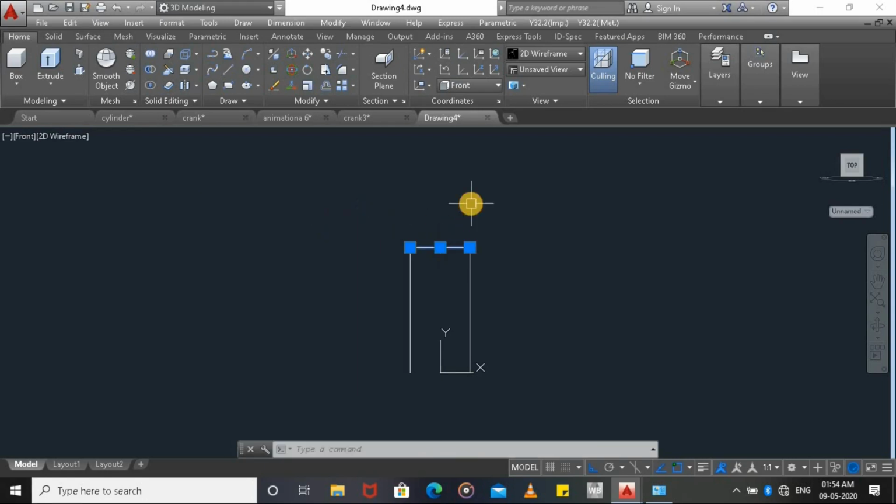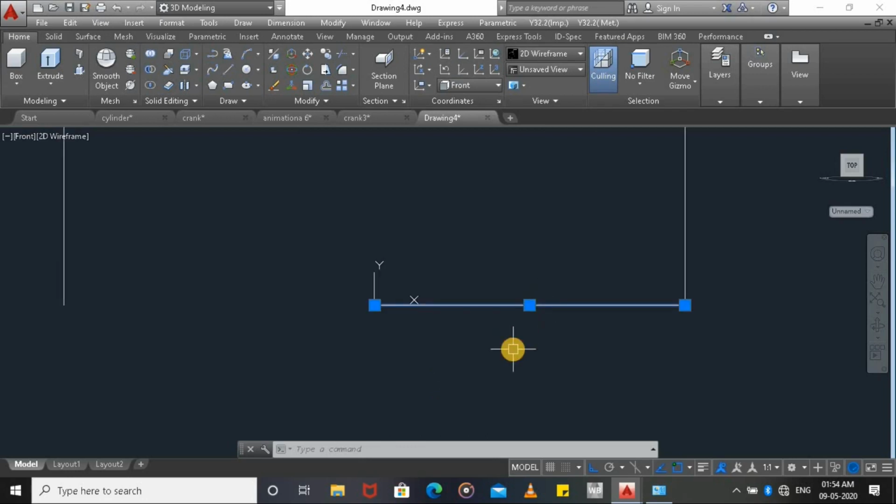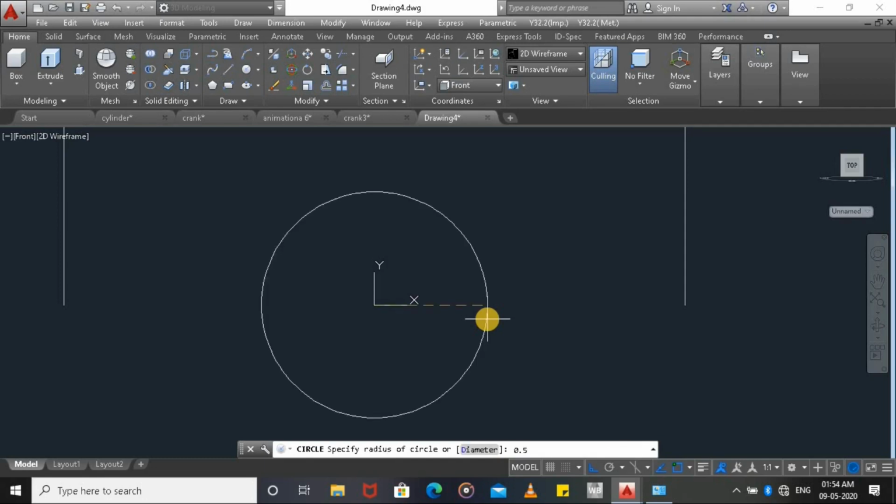We are deleting this line as well as this line. Then drawing one small circle at 0, 0, we can take radius as 0.5 mm.